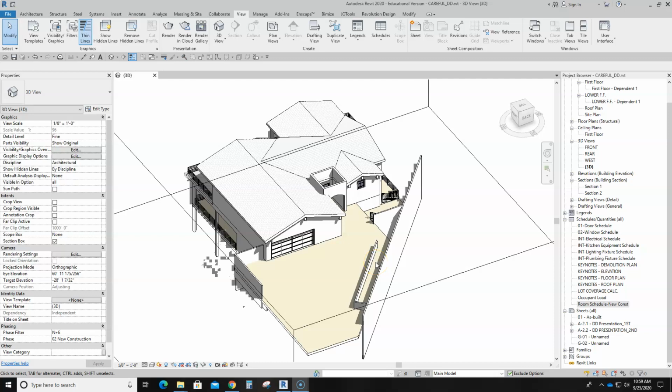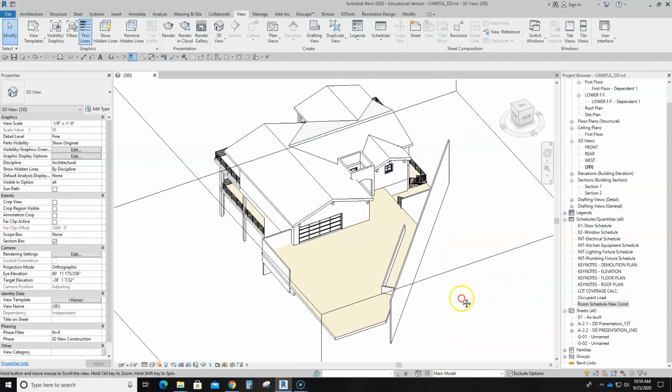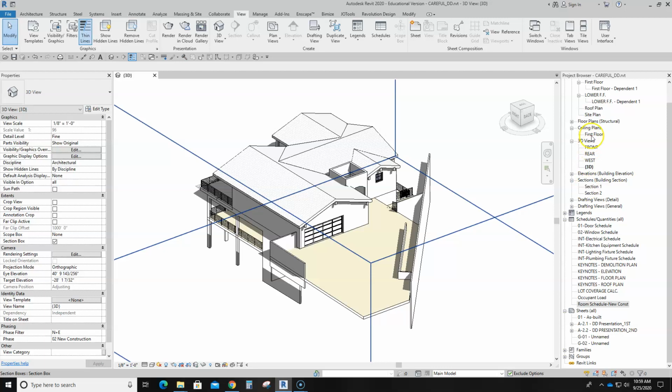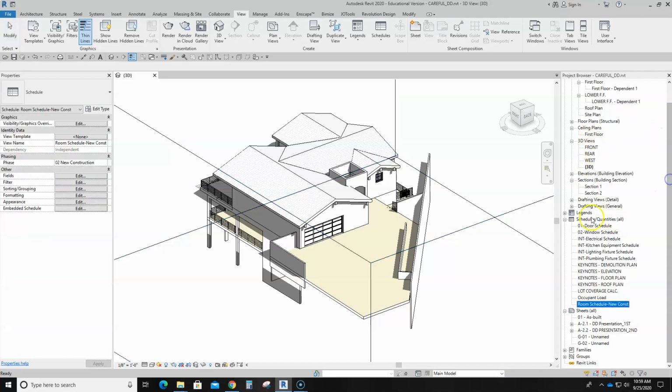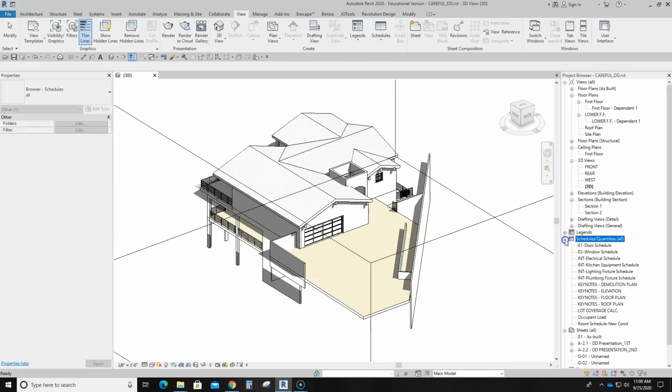Hey everyone, so this is on creating a sheet list for Revit. This is actually a pretty bare bone drawing at the moment, and we're going to create a sheet schedule for your cover page. Under the Sheets tab, or Schedules tab, you're going to right click and then go to New Sheet List,